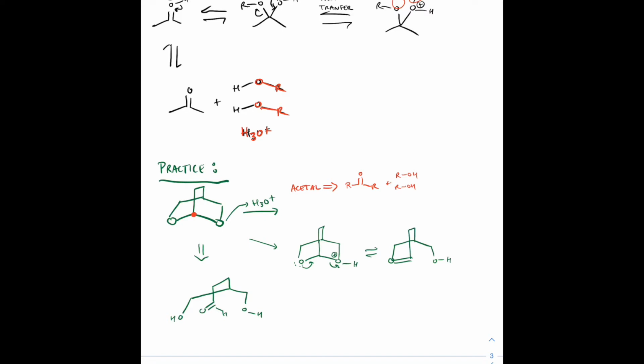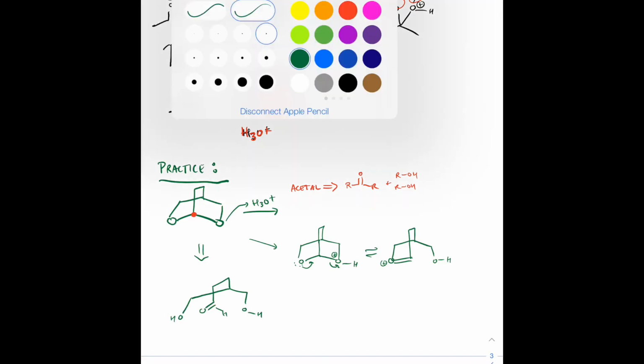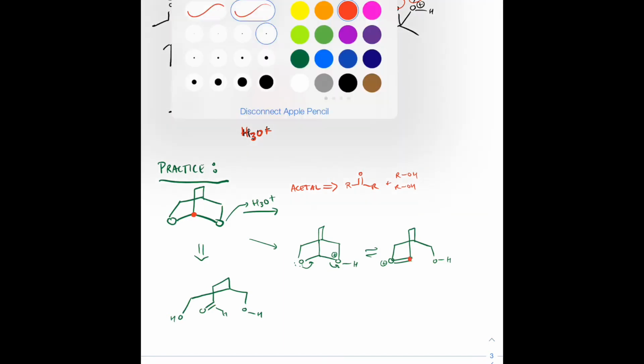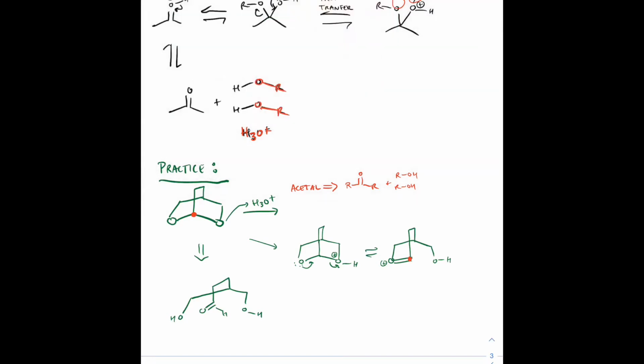So we want to protonate the most basic site on that weird looking acetal, and that's going to be the oxygen. Once we form that oxonium, we actually created a decent leaving group. And so the other oxygen on that acetal can form a carbon-oxygen double bond, forcing the OH to leave. So, decent leaving group. Now what we've also created, as indicated in red, is that that carbon is now very electrophilic,